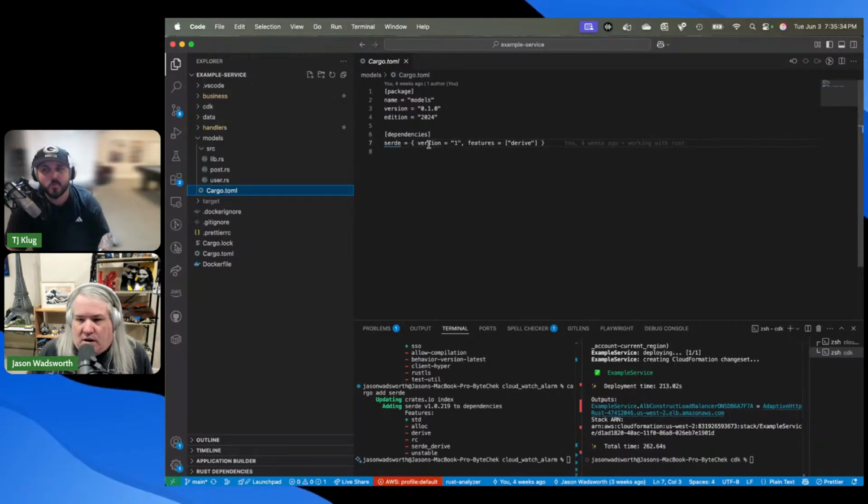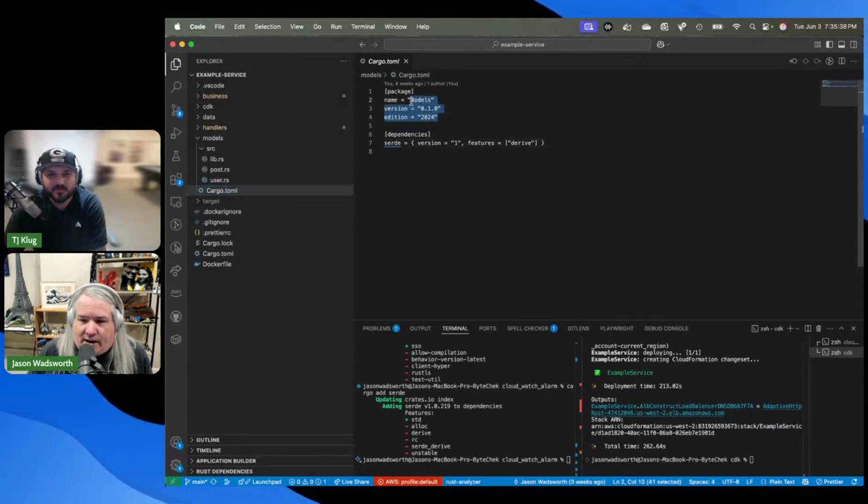Yep. I hate TOML files, by the way. They're great when they're like this, and then the moment you get to where it doesn't do something, what do we do? JSON in the middle of the TOML file. I'm like, so just make it JSON. Come on, let's not play around, but whatever.